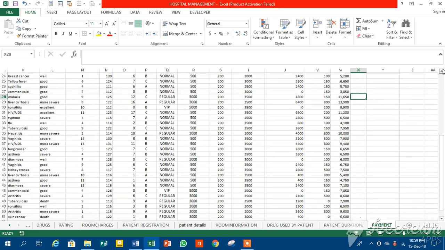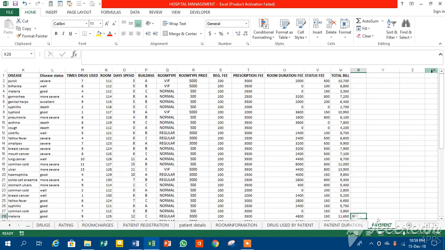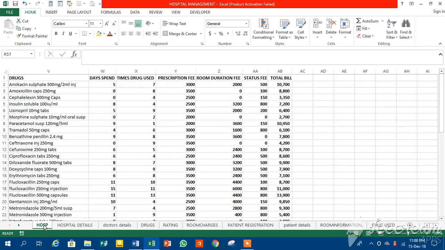Now in our clinic, we have the checkout patient receipt, and the way we came up with our patient receipt, we used the sheet by this name HOSP. We are going to use the details indicated here, that is the drug